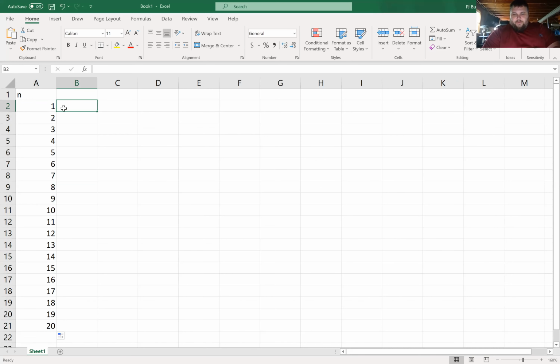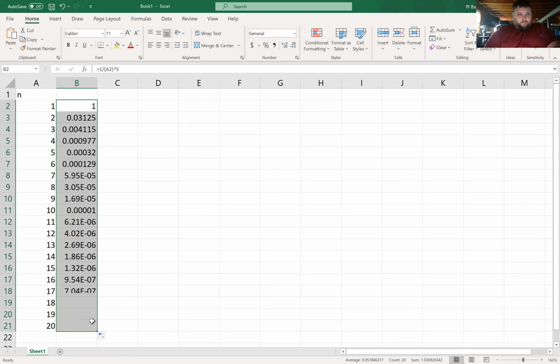Then I want to do equals, our term inside of the sum, which was 1 divided by n to the 5th power, right? Okay, so each one of these is the term that corresponds to n equal 1, 2, 3, 4, and 5,